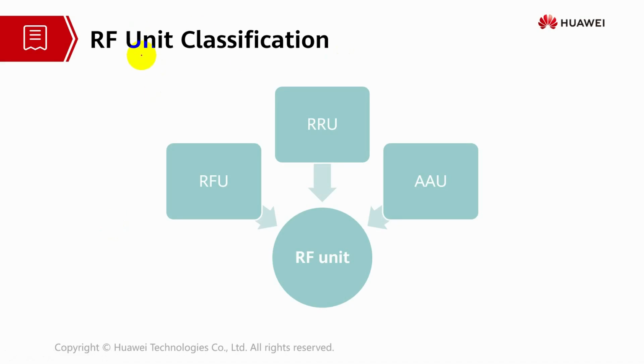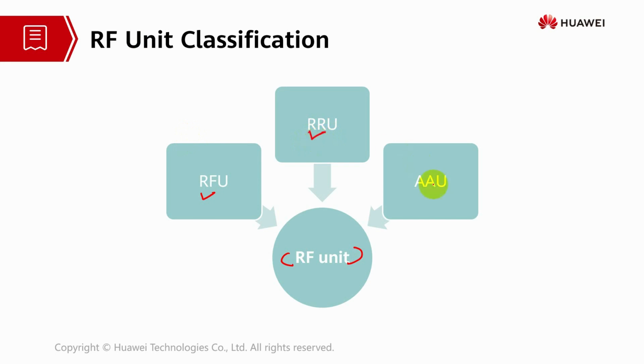Let's learn about RF unit classification. The RF unit is divided into 3 types of different modules. The first module is known as radio frequency unit, and basically it is installed in a cabinet. RRU is also known as a radio remote unit, and it is installed outdoor on top of a base